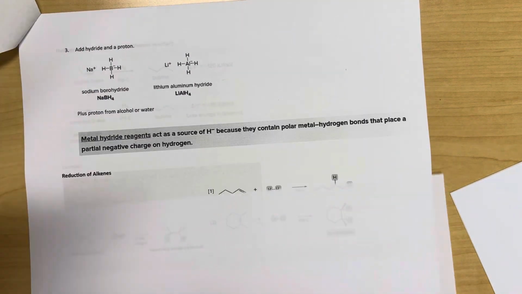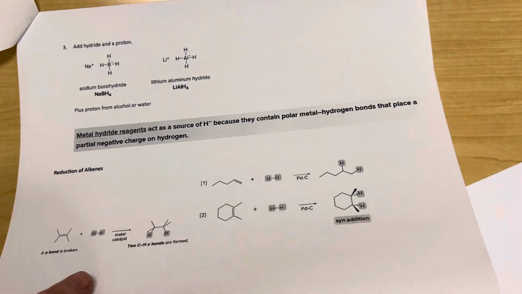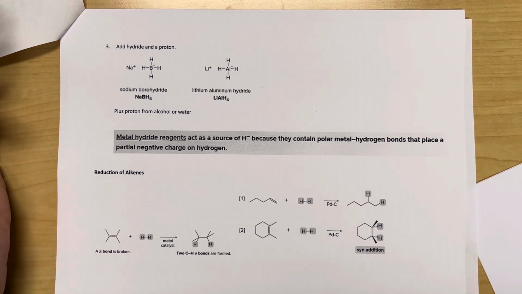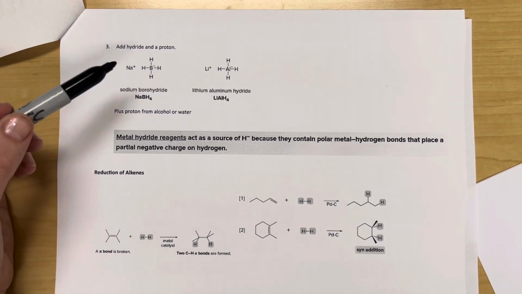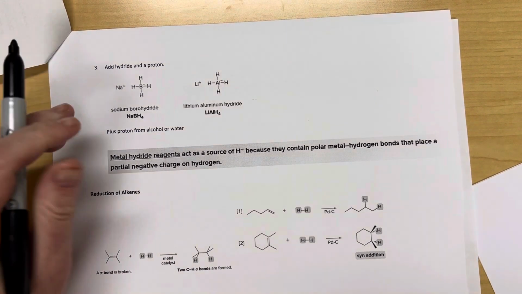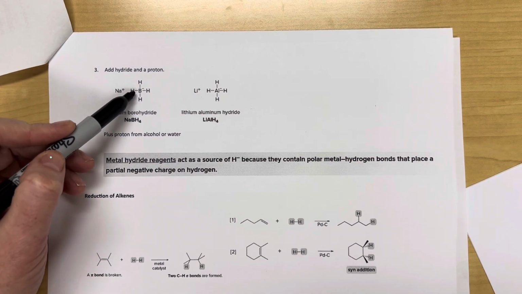Last but not least, you could add hydride and a proton. So an example would be, these would be all situations of hydrides. If you remember, boron really only wants to have 3 bonds. It's happy having 3, and that's why it will actually not just give off hydrogen, it'll give off a hydrogen